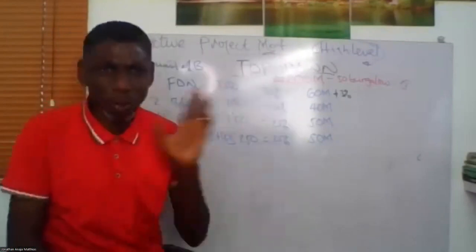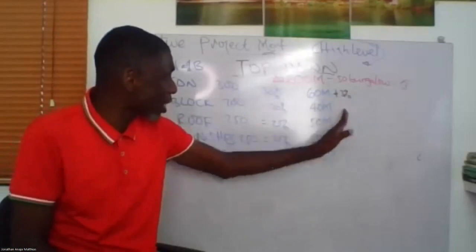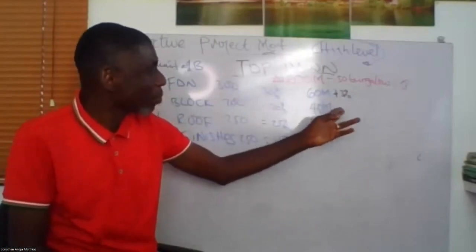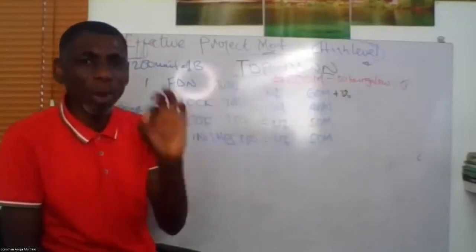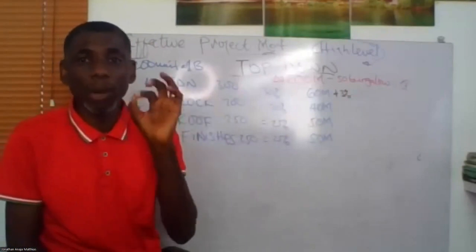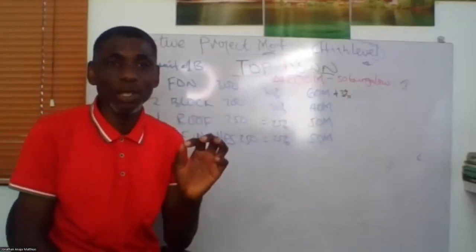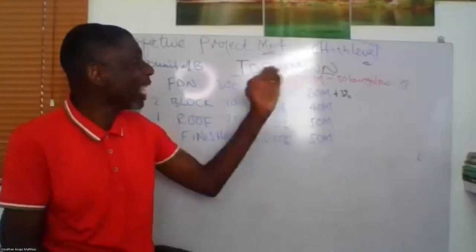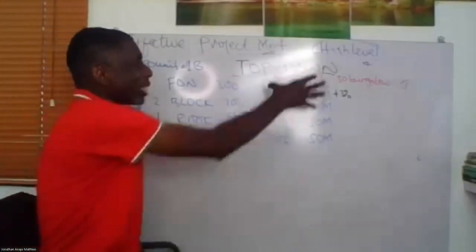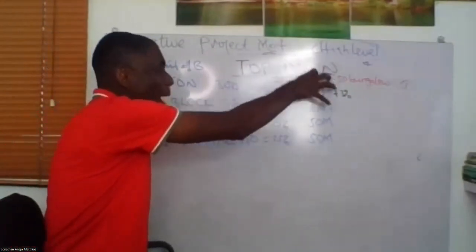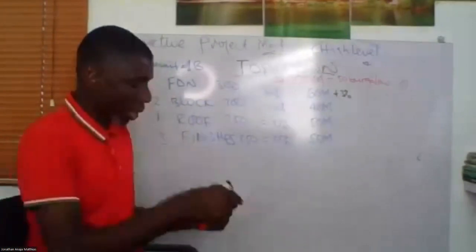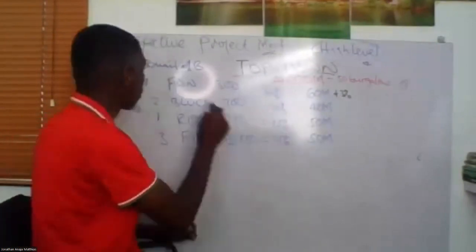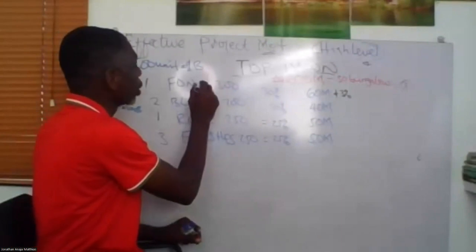It's still around 200 million. So you actually have chances of building this up a little bit, because you did not do a bill of quantity and you are doing a top-down estimate. So what we are doing now is that we have the top and then we are now breaking it down. The same way I was doing with Mr. Wesley's project, where I carried the foundation and I broke